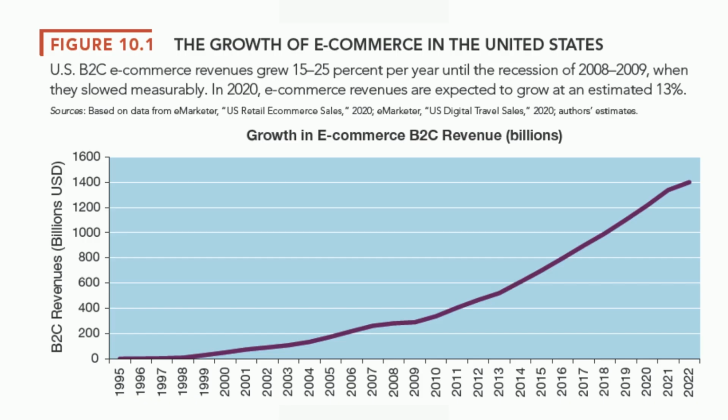And the x-axis shows the years. As you can see in the graph, there are vertical grid lines for every year from 1995 to 2022. And the revenue starts at zero in 1995